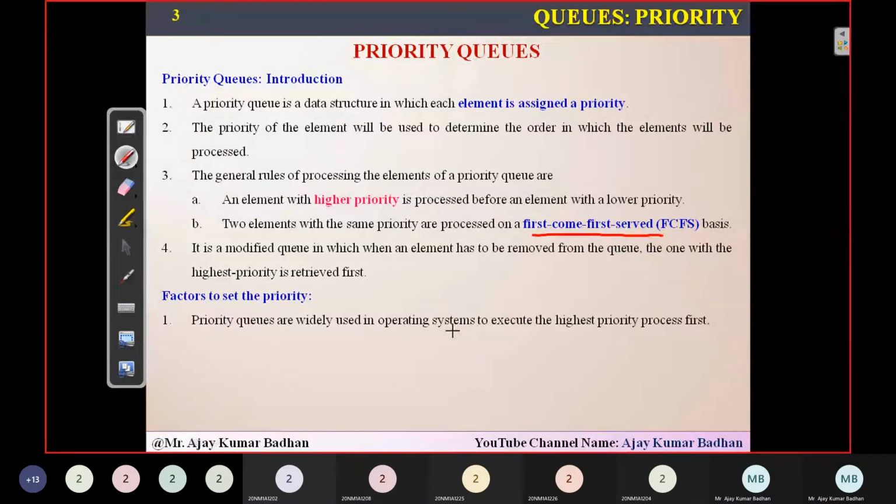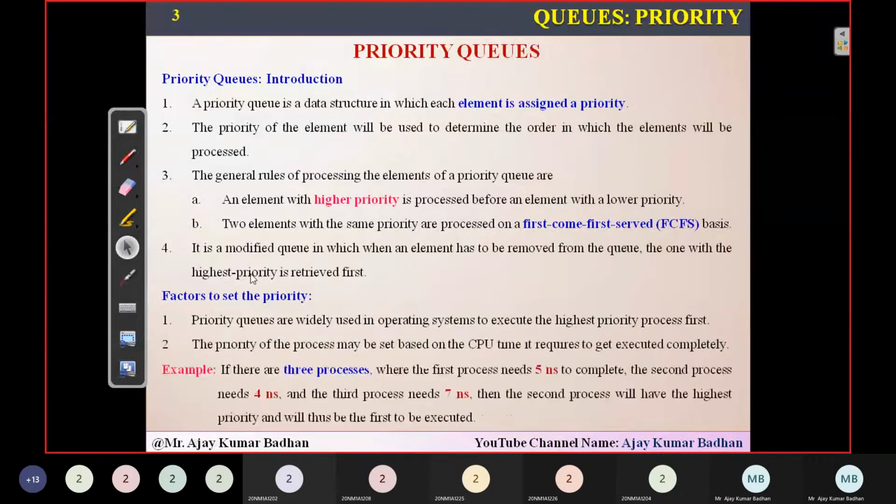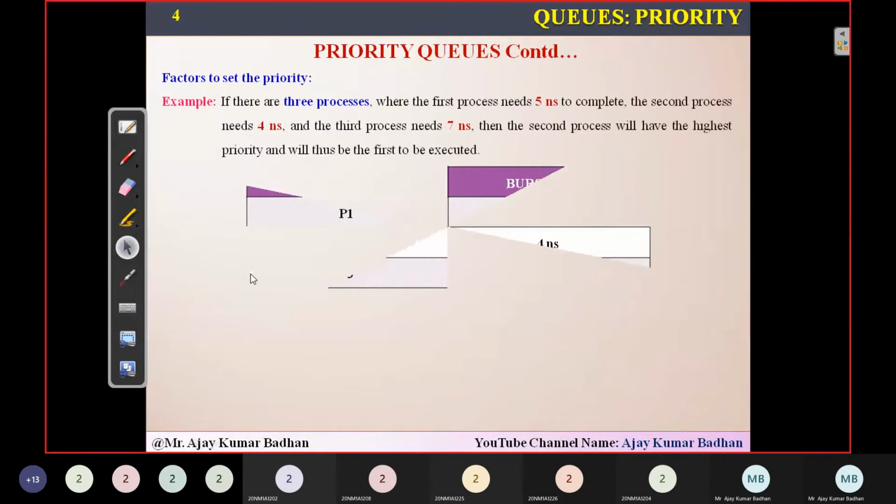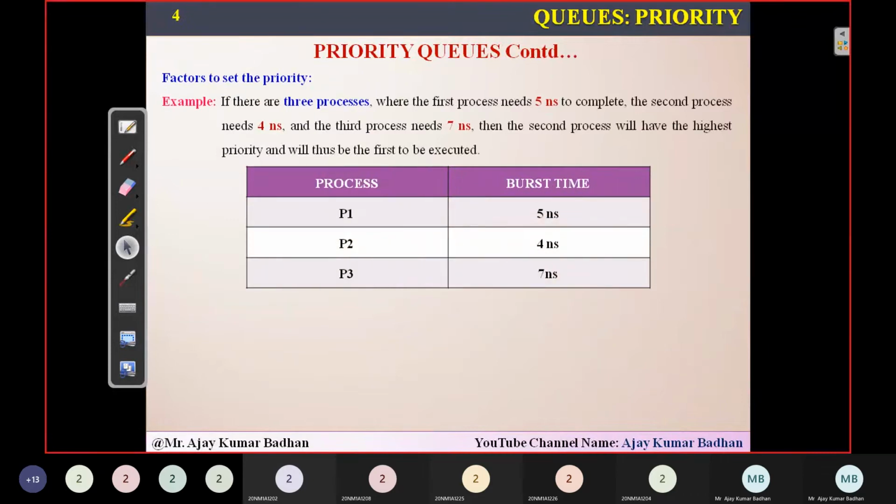As in the previous video, we already discussed that FCFS is one of the techniques used by our operating system, isn't it? Generally we have taken an example and using that example, we have already discussed it. Let me show you the next slide. That's an example. We have taken an example of an operating system where there are three processes willing to perform operations.